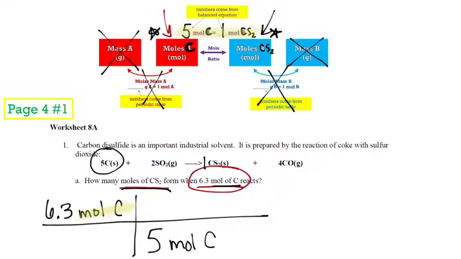And if that went on bottom, then that 1 mole of CS2 goes on top, and that's it. That's our setup here. So I should just be multiplying the numbers on top, dividing by this number on the bottom, and that should get me my correct answer, which is 1.3 moles of